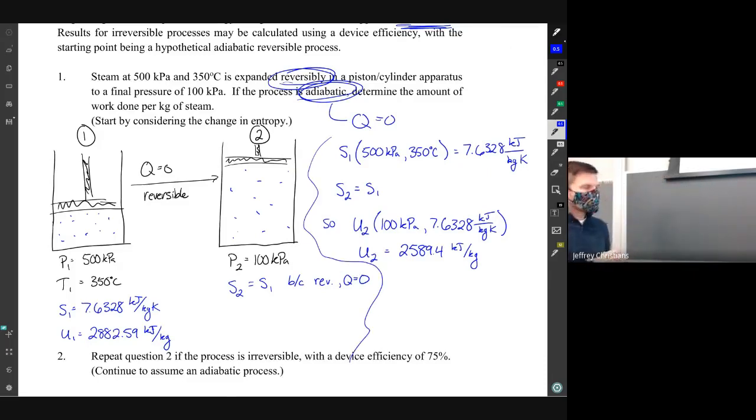Okay, so we first look up, we say delta S is equal to 0. That tells us something about the path. That tells us the second piece of information that we need to look up, now internal energy instead of enthalpy. Normally we would have looked up enthalpy values. We're going to look up U values. Then our energy balance